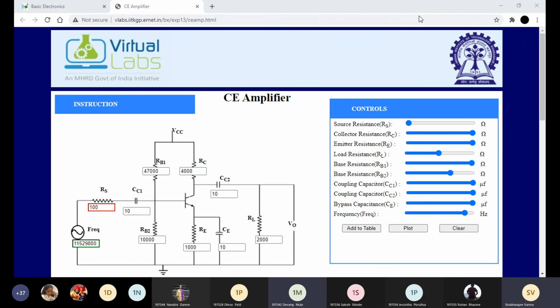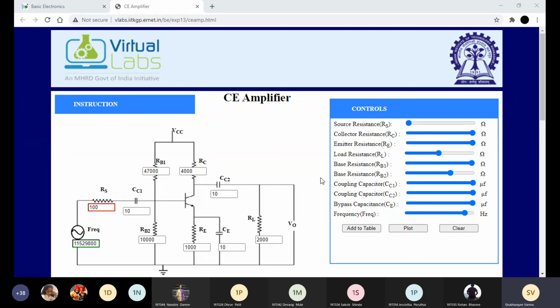May we leave, ma'am? Yes, you can leave now. Previously we have performed 5 practicals, students. Yesterday we performed 2 practicals, the CB and CC configurations.